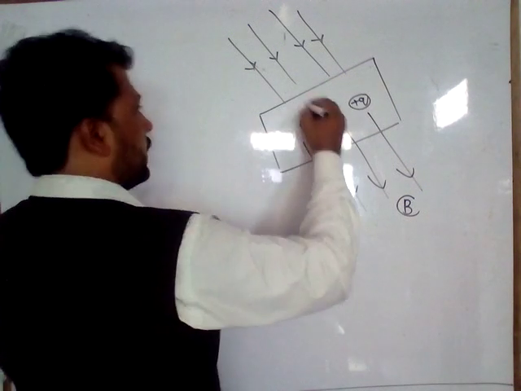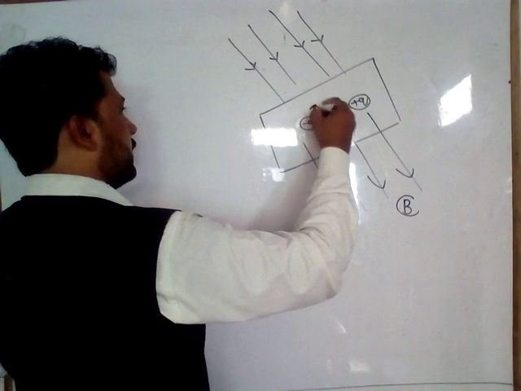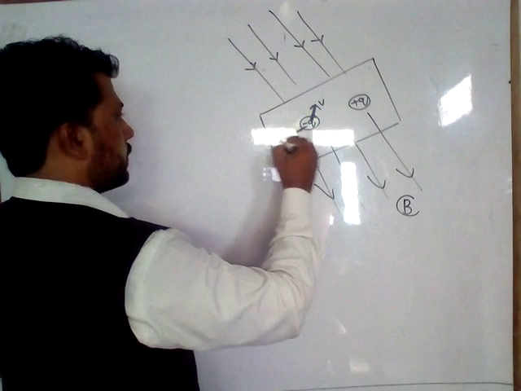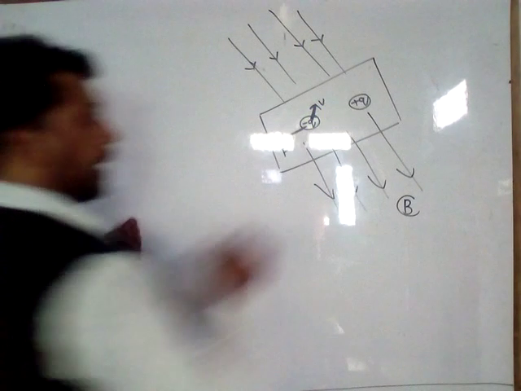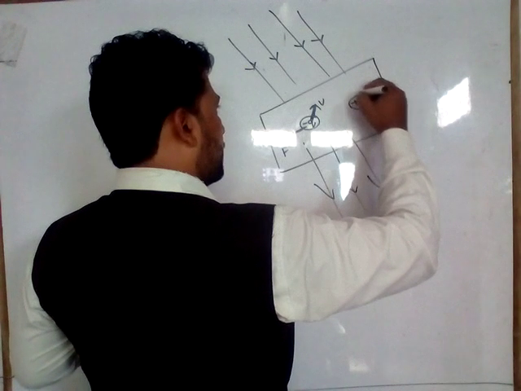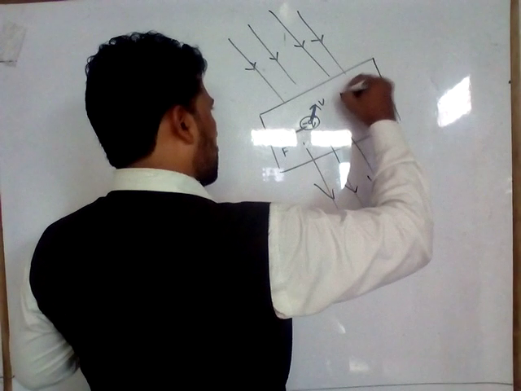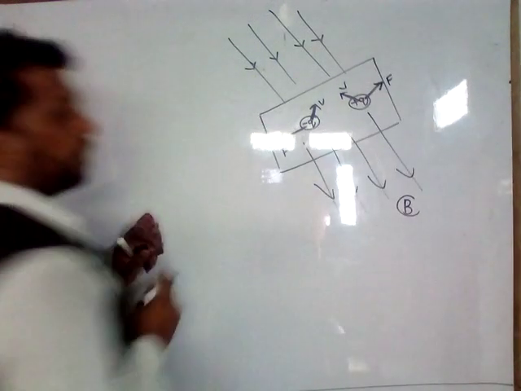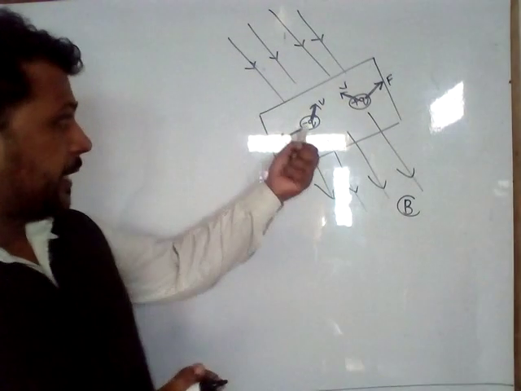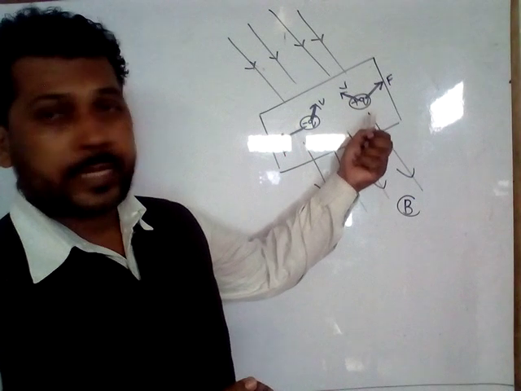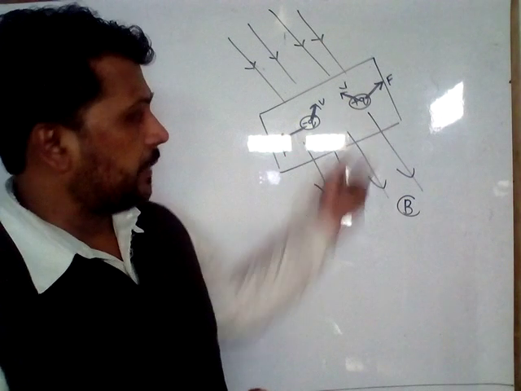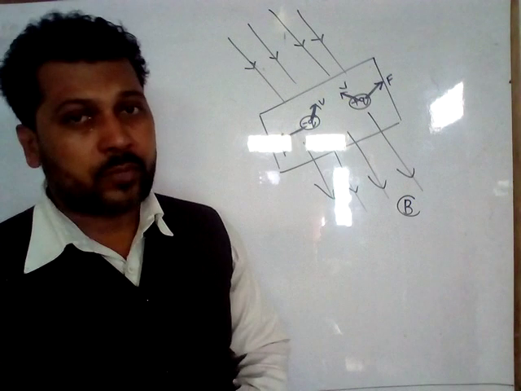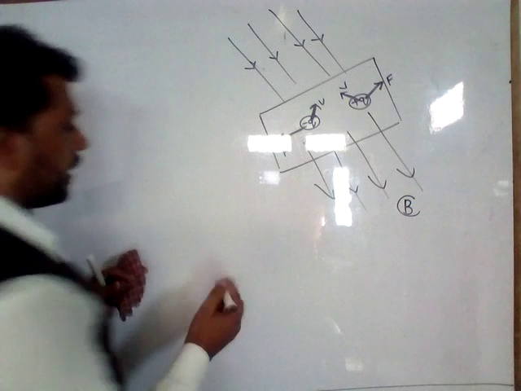Okay, so this is the velocity which is perpendicular to B, and also this is the force which acts on it, and here this is the velocity and this is the force, in this way, because this is a negative charge particle and this is the positive charge particle. So in both cases force will act in this way, and in each situation force, velocity and magnetic field are perpendicular to each other. So this is the condition.